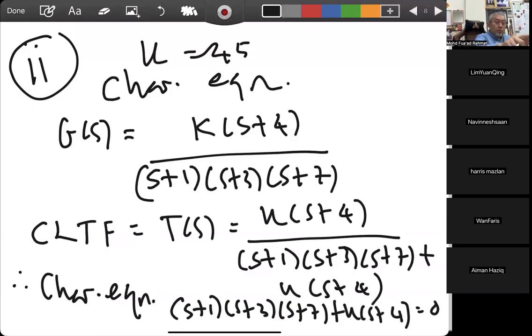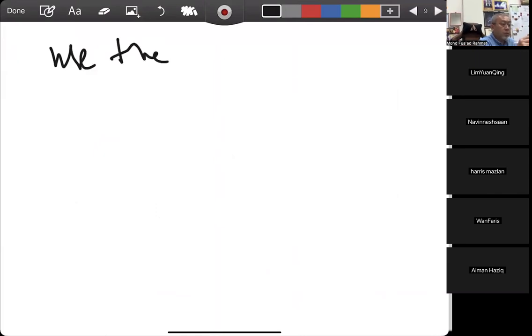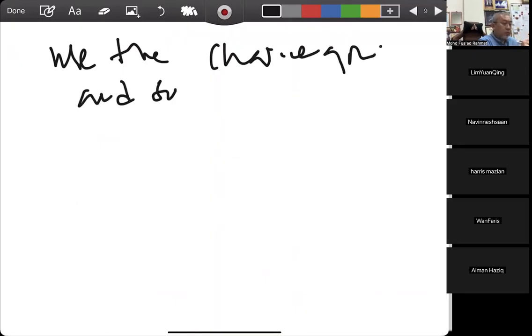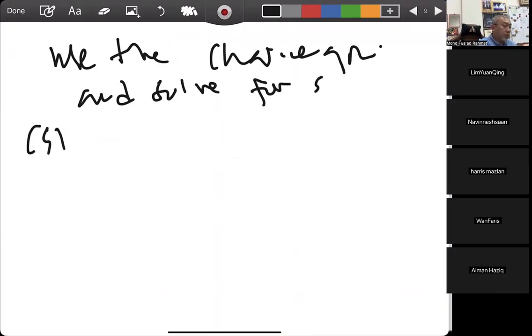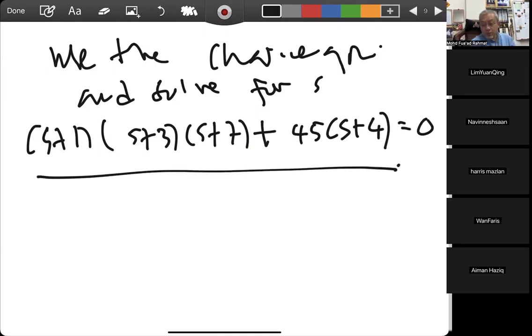Okay, so use the characteristic equation and solve for S. In this case, (S+3)(S+7) plus 45(S+4). So you simplify this one, and then you will get the third pole